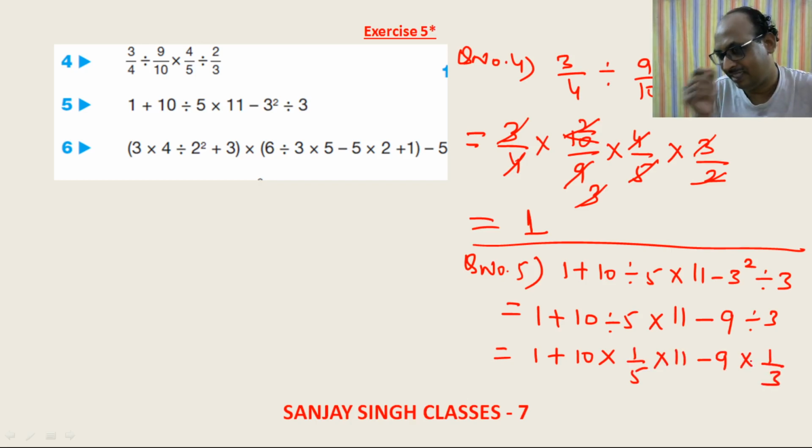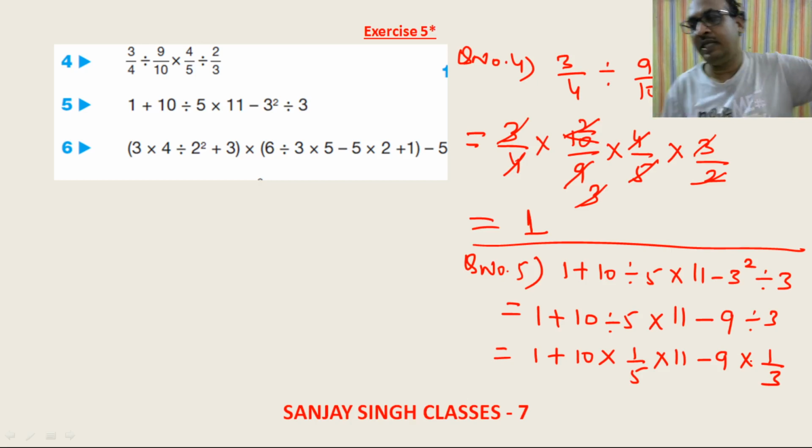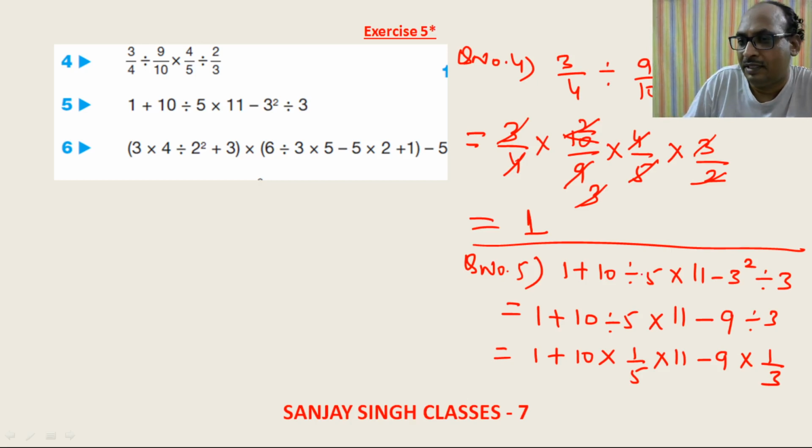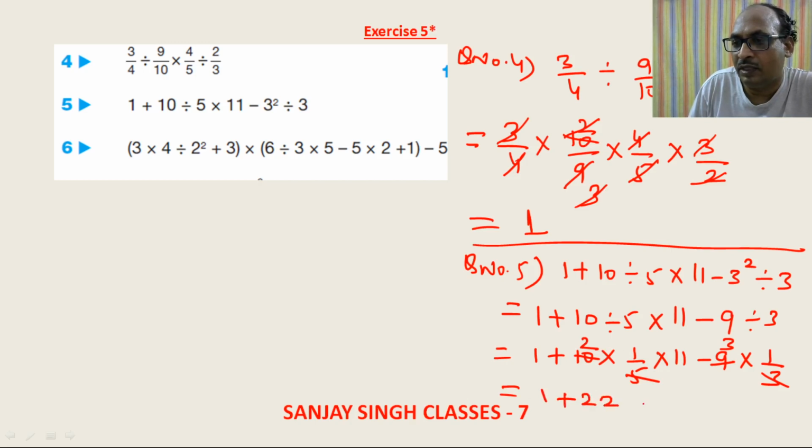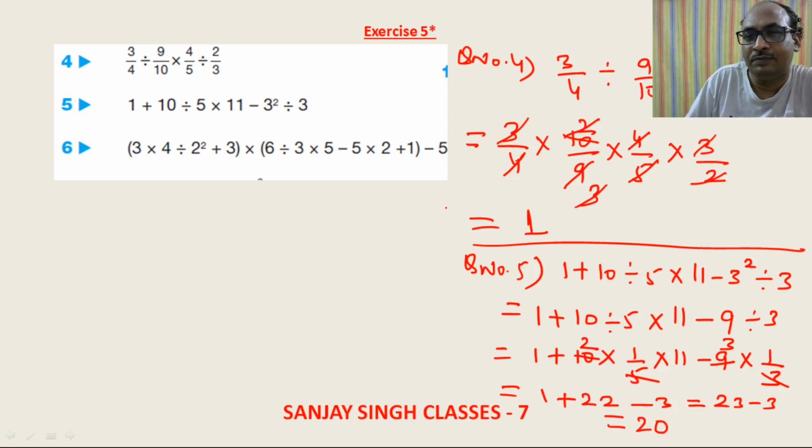Okay, so this division has got converted into multiplication, and the following number has become its reciprocal. Okay, now we will cancel the common terms. So 3 nines are 9, 5 twos are 10. So here we have got 1 plus, now what we have got, 2 into 11, so it is 22. Okay, minus 3 into 1 as 3. So we have got 22 plus 1 is 23 minus 3, and our answer has become 20. Okay, right.